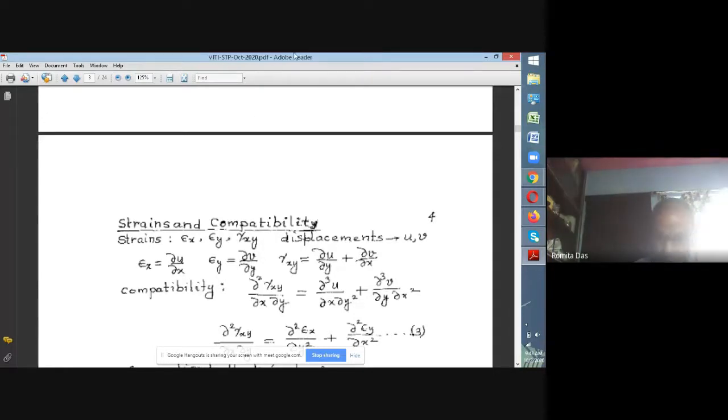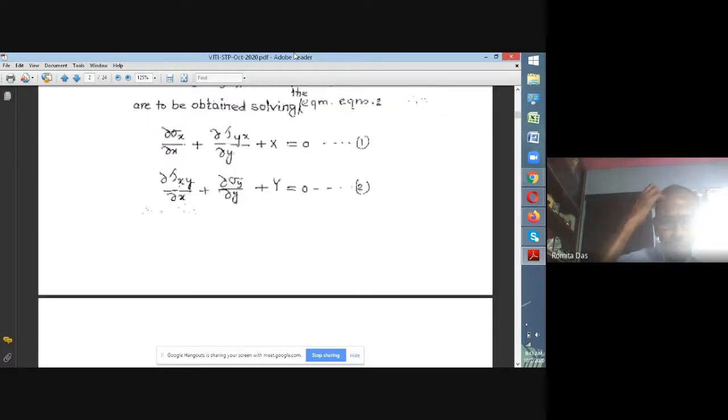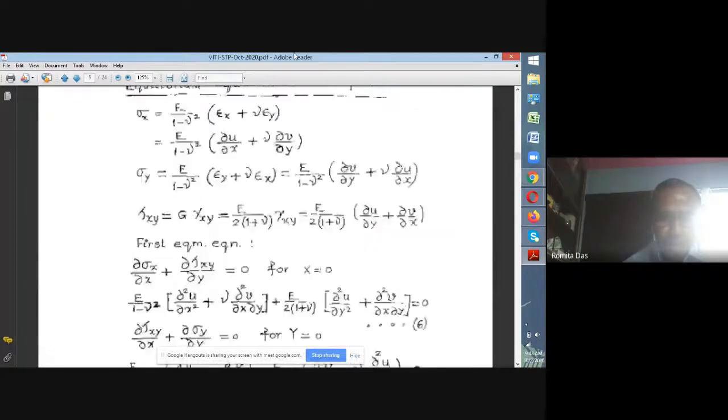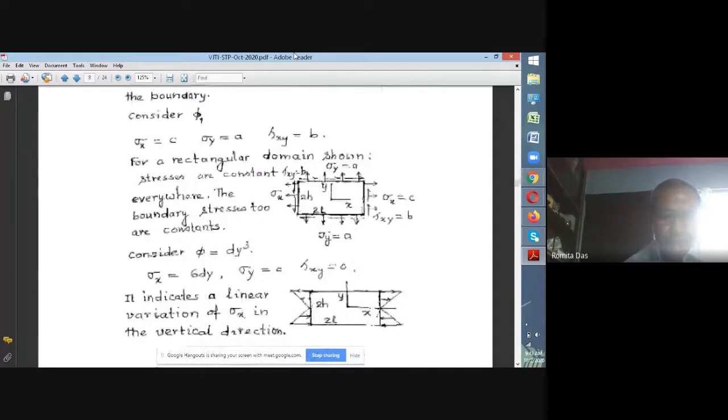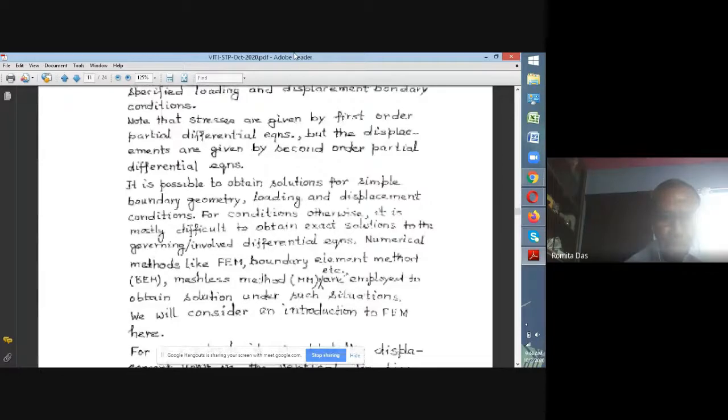Just to discuss what we did yesterday. I just want to go over it for 1 or 2 minutes. Yesterday we talked about the problem of stress analysis, what the real problem is, and how we go about taking it up. That was the first part, the theory of elasticity. Then we got started with how to solve the problem of stress analysis, in particular using the finite element method.